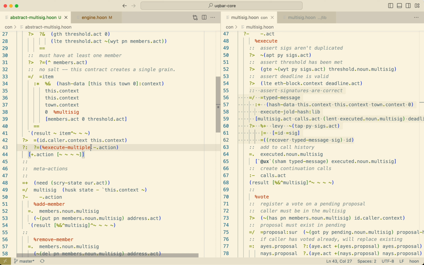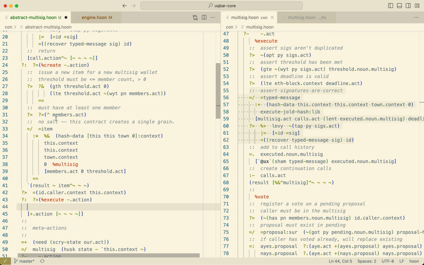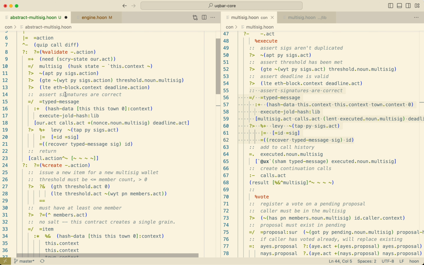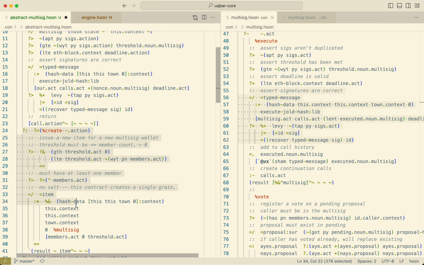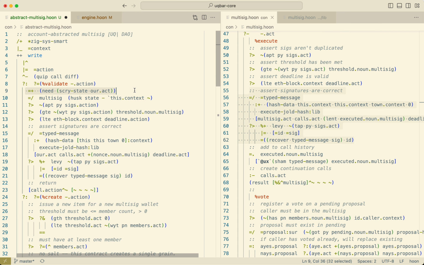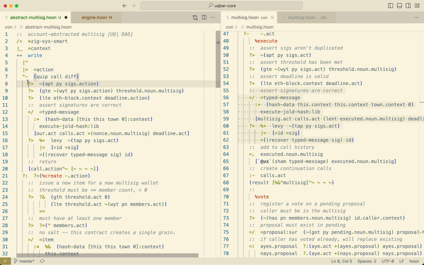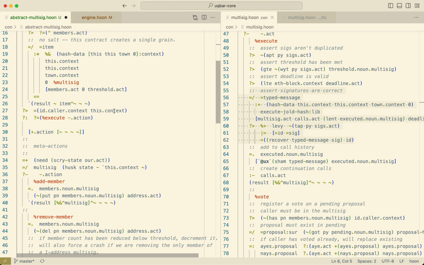So let's turn execute multiple into just execute, right? And okay, here now we're talking. Okay, so I'm gonna actually move this stuff even further down because actually it's only create that doesn't require this scry. So we can do this even cleaner by